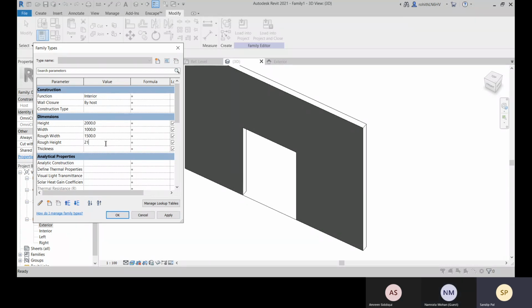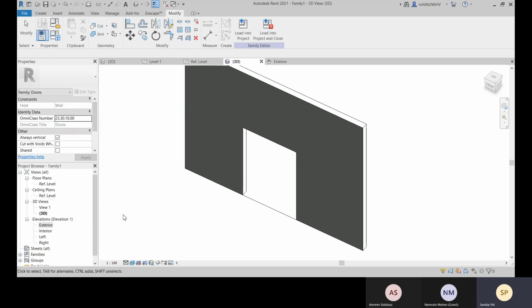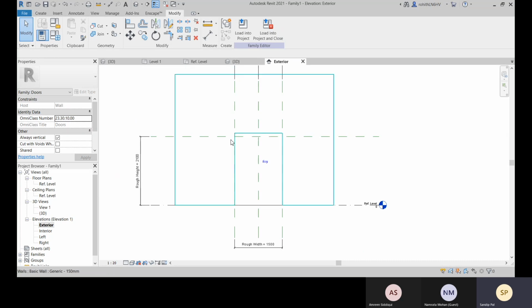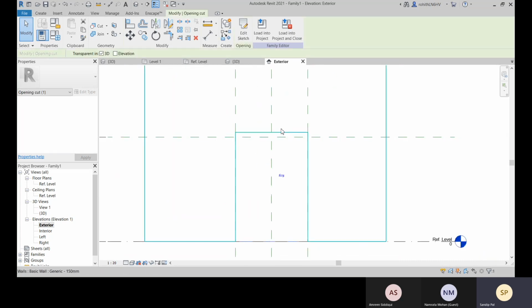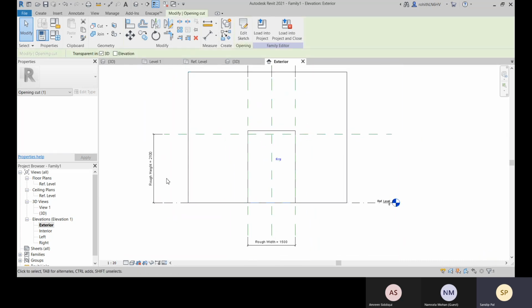Okay, so let's change it to... yeah, this one is not working properly, so we have to fix this one.